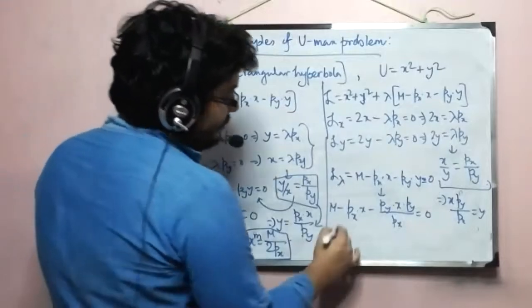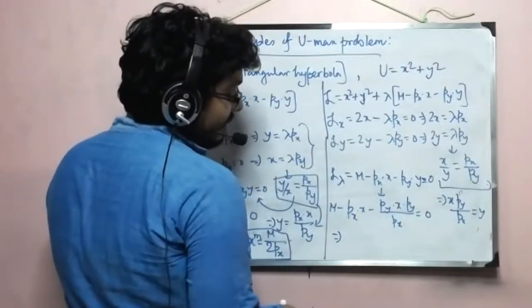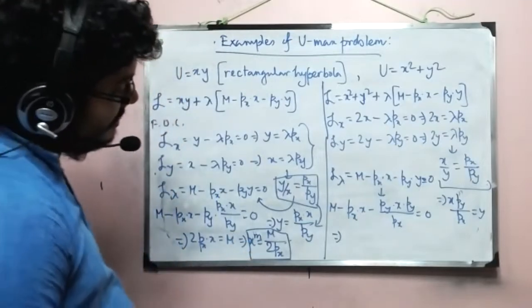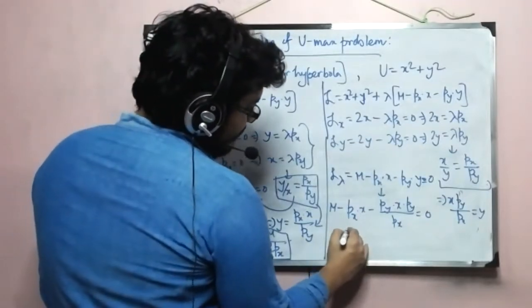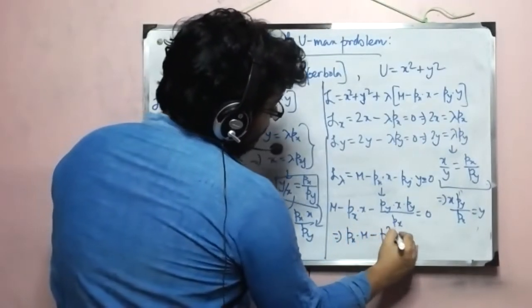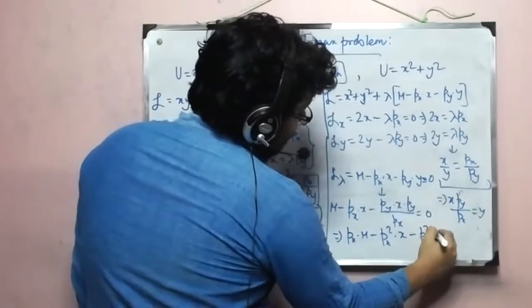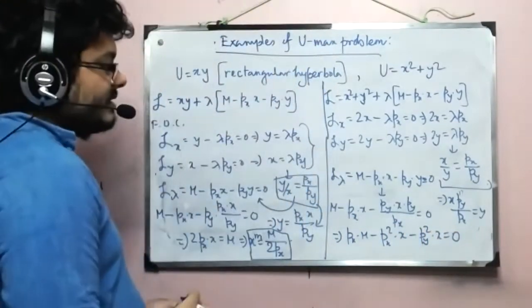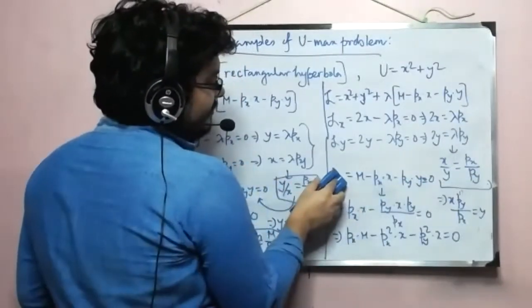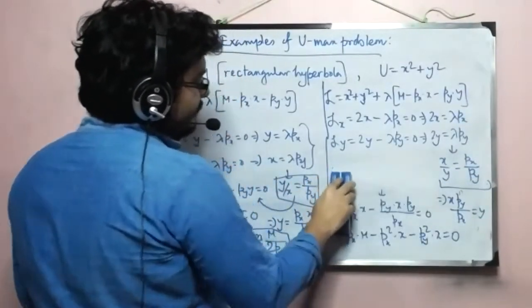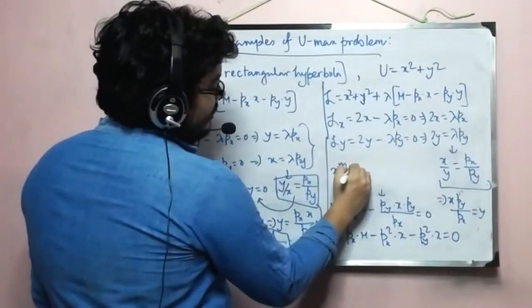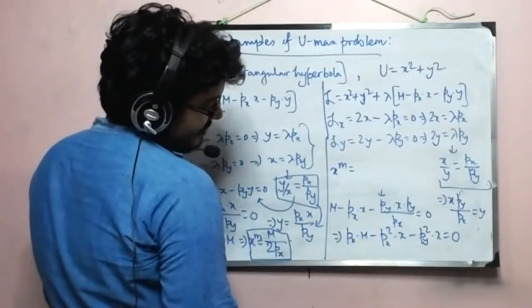Correct? Okay. So that will give me, now here x will be quite a little bit clumsy, not nice looking like this one. So x equal to, okay, let's first multiply by px. So px into m minus px square into x minus py square into x equal to 0. Okay, so that will give me, okay, I'm going to erase this equation, okay, the budget line, which is quite trivial. So that will give me my Marshallian demand function for x equal to, what will that be?